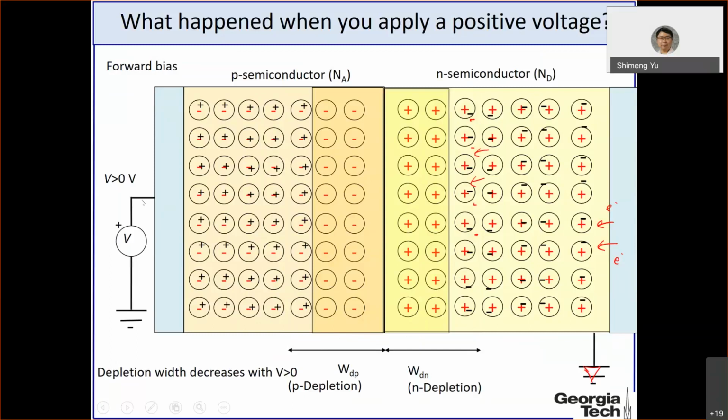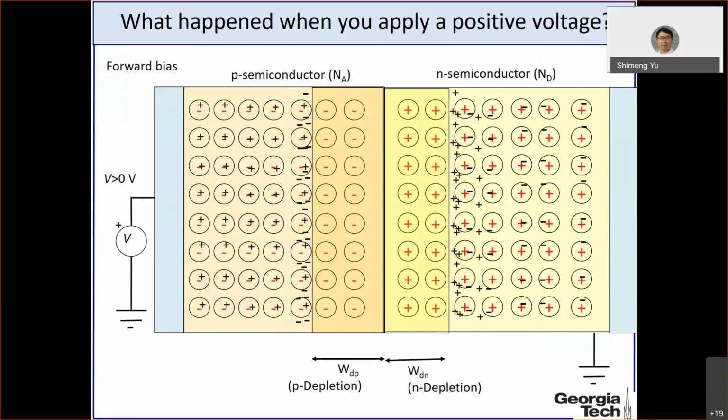Similarly, you can think about the hole is injecting from the positive terminal. And then you have more holes here. Then the depletion region width will decrease. So this is from the bond model point of view. And then let's look at the band model. Sorry, before that,